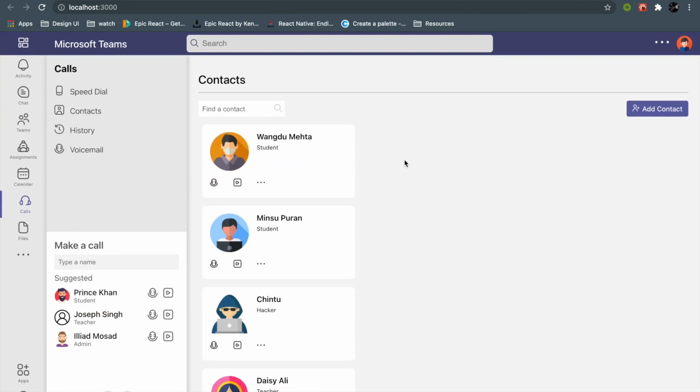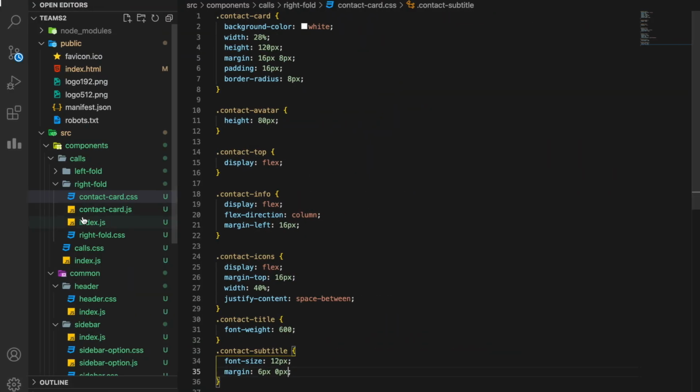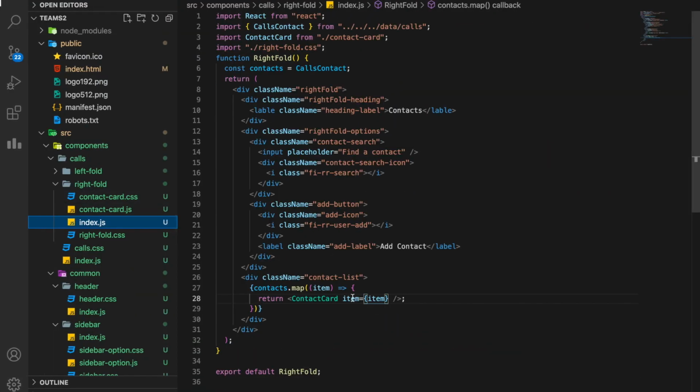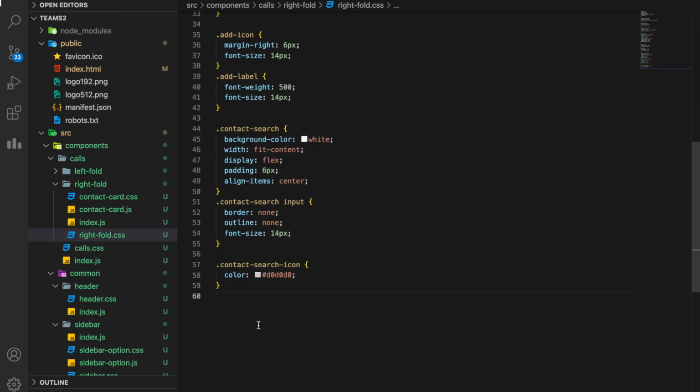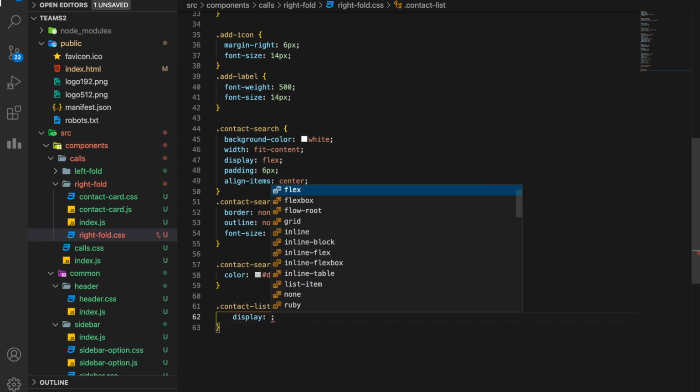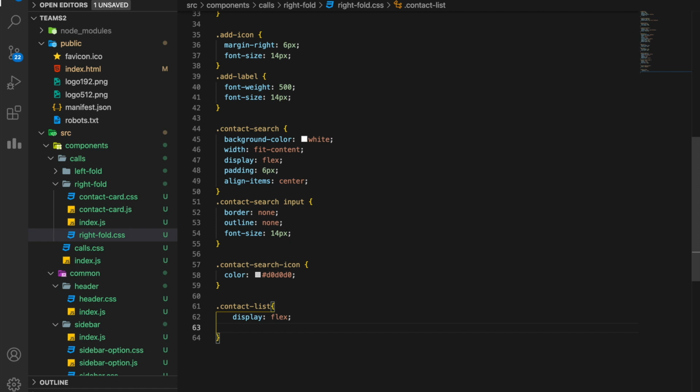I just have to put this in Flex. So I'll go to my right fold. You see this contact list, I have to style this contact list, and it's very easy to style the contact list actually. It's just 4 lines of code, I hope so. Contact list, I will give it a display property of Flex. So Flex and Grid are the most recent addition to CSS, and they are perfect.